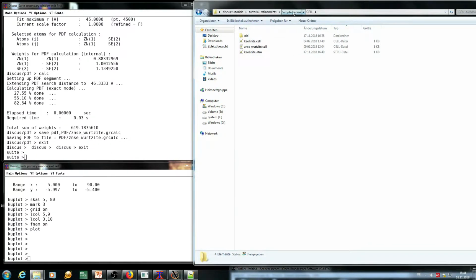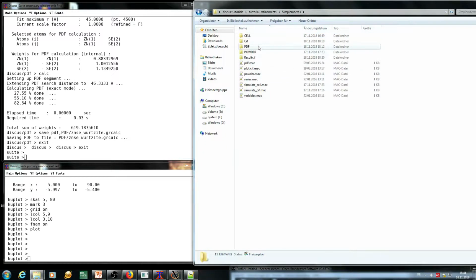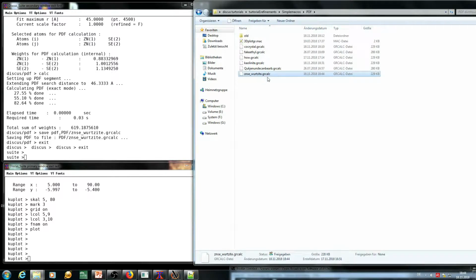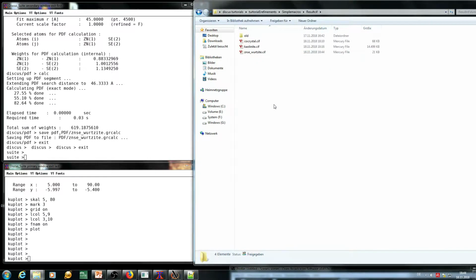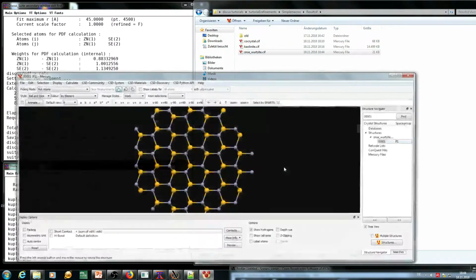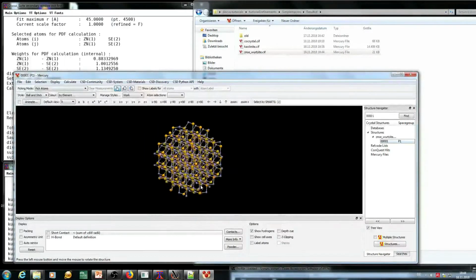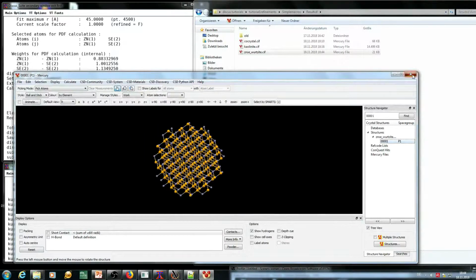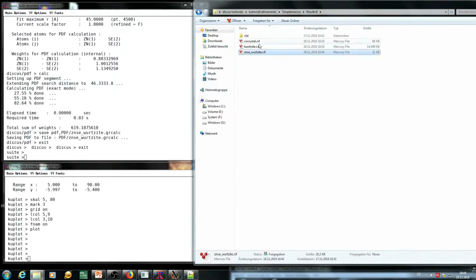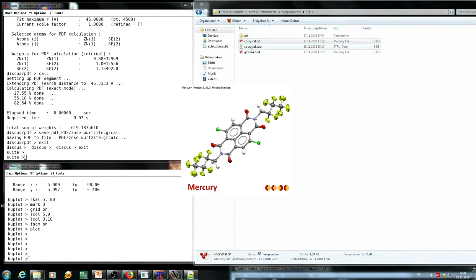It calculates that, and now in the PDF folder there will be a PDF created of the zinc selenide. Here again in the powder folder there's a powder file created, and in the cif folder there's a cif file created of the sphere we have created, which looks like this at the very end. Equally, you can reread these cif files and just calculate a powder out of that, or we'll do it with the co-crystal cif, for example, here,